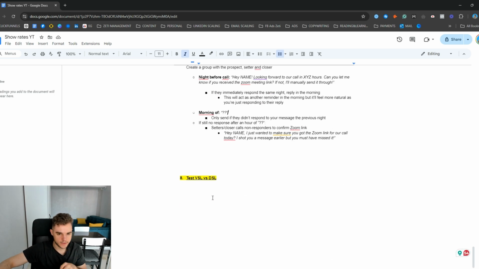And then the last lever that you can pull, and this is lever number 8, you can test a VSL versus a DSL. A DSL is basically a direct sales letter. And this can also work a lot in oversaturated markets. So, for example, in markets like coaches and consultants, agencies, course creators, and stuff like that, you can actually test